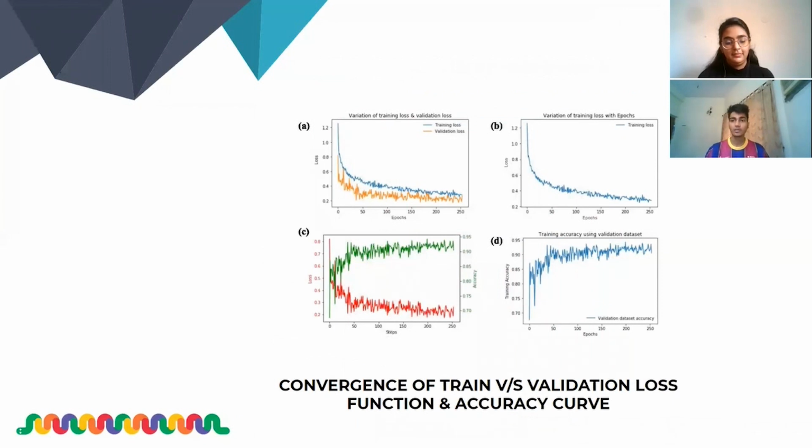And now, the overfitting problem, right? As you can see, the loss curves have been delineated here, and I would request the audience to see the convergence of the loss curves. That does tell you that probably the model is not overfitting, and the final model was of course trained for 250 epochs, and the accuracy curves have also been shown here for you to have a better idea of how well our model worked. And I guess these are the tested results.